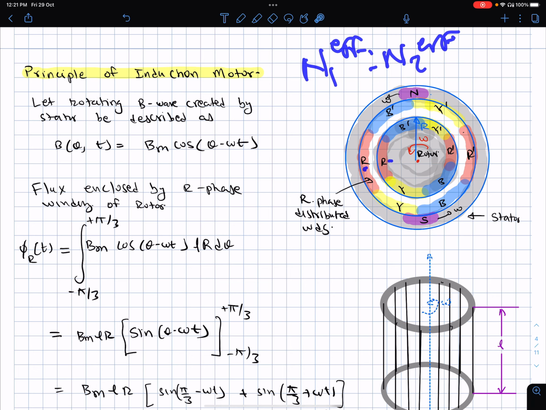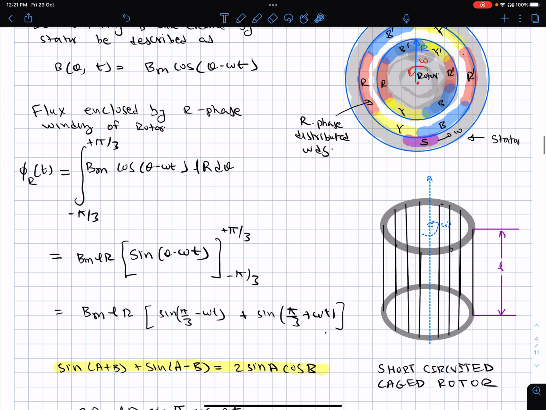Based upon this, the rotating mmf created from the stator is going to cause a rate of change of flux, which itself is sinusoidal in nature, because sines and cosines, when you differentiate, again become sines and cosines. And that rate of change of flux linkage is going to induce the EMF in the secondary windings. And then what are we doing? In a basic induction motor, we short circuit the rotor winding. So there is no supply connected to the rotor.